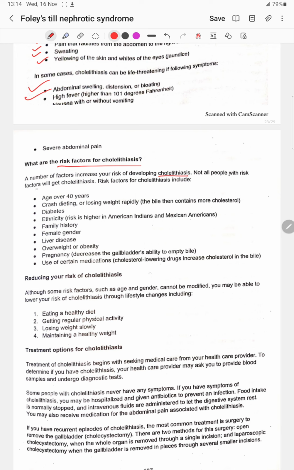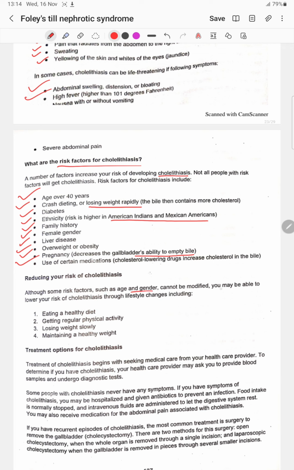The risk factors for cholelithiasis include age over 40 years, crash dieting or losing weight rapidly, diabetes, ethnicity, more in American Indians and Mexican Americans, family history, gender, liver diseases, overweight or obesity, pregnancy, which decreases the gallbladder's ability to empty the bile, and the use of certain medications. Reducing your risk of cholelithiasis: although some risk factors such as age and